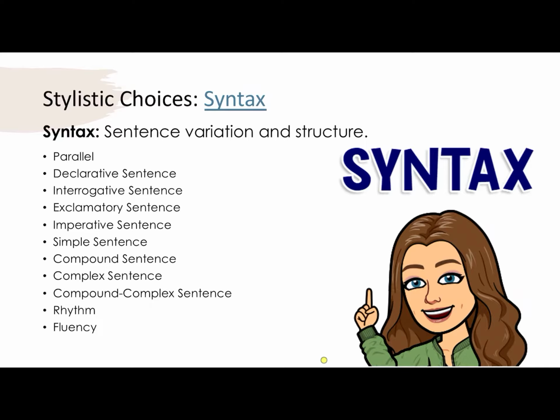The next one is a complex sentence. A complex sentence combines a phrase and an independent clause. A phrase is just a grouping of words that doesn't stand alone as a sentence. It probably has a verb or a subject, not necessarily both. And then a compound complex sentence is a combination of the last two. Hopefully review. But what I want to talk about more so is rhythm and fluency,